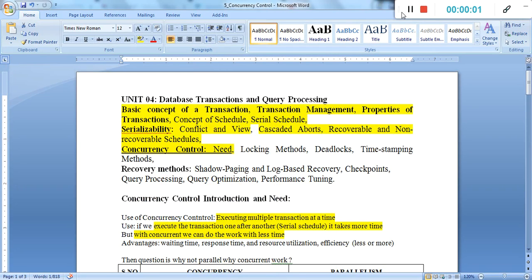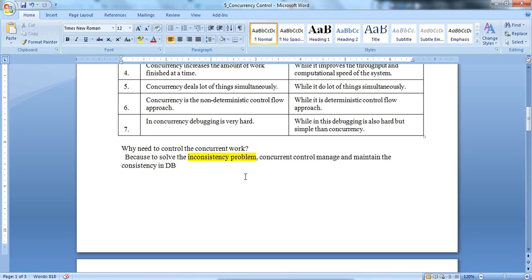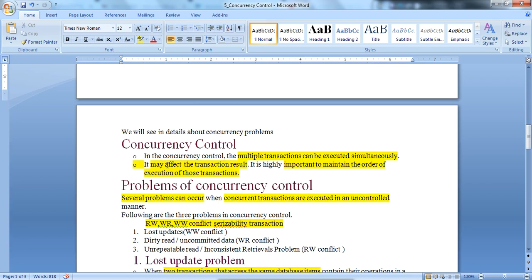Hello everyone. In the last lecture we already learned what concurrency control is used for, the difference between concurrency and parallelism, and why we need a concurrent schedule. In this session we will learn why we need to control it, what the different types of problems are, and why we need a concurrency control process. Now we will see the details about the concurrency problems first, and then we will learn how to control